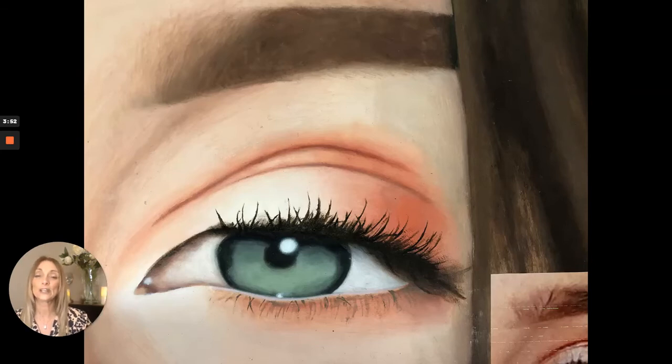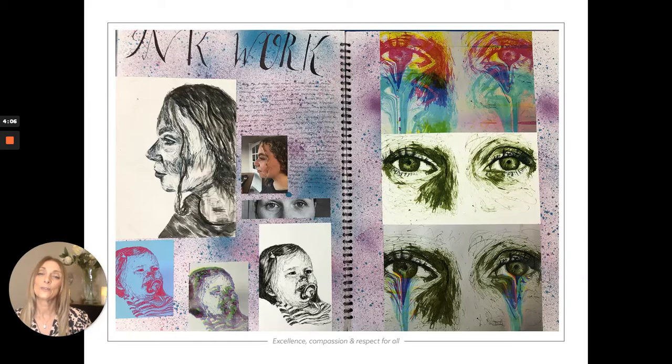So a photograph was taken of a primary source image of the actual girl's eye herself, and then she did a self-portrait of the eye, and I think you can agree here that it's actually so smooth, really beautifully toned. I'm over the moon with this. We've got some ink work here, but on this page we've got 3 pieces of actual physical work, and then